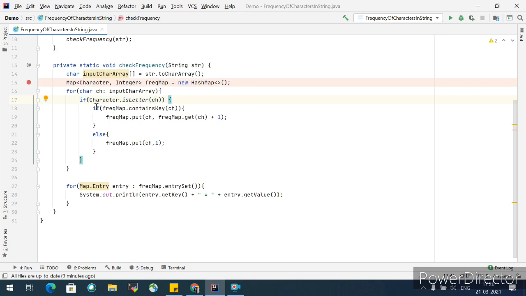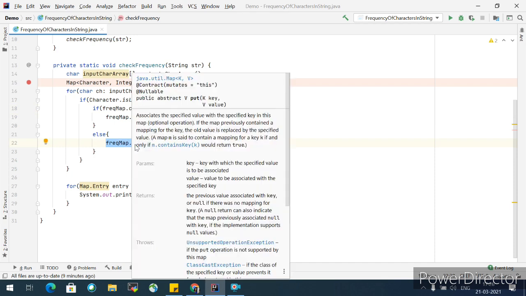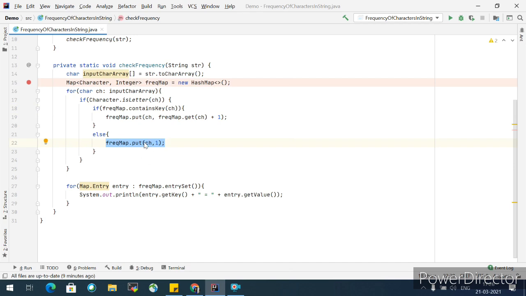For the first time when there is some character, it will check if the map contains that particular character as the key. If yes, it will go into the if block. If not, it will go to the else. So for the first time it will land in the else block, and what it will do is put the character along with the initial count as 1.